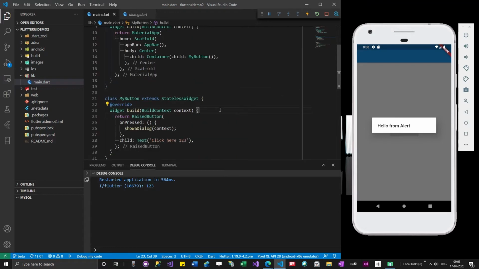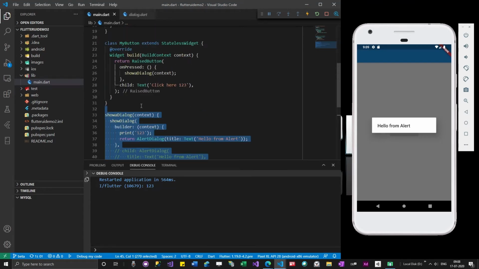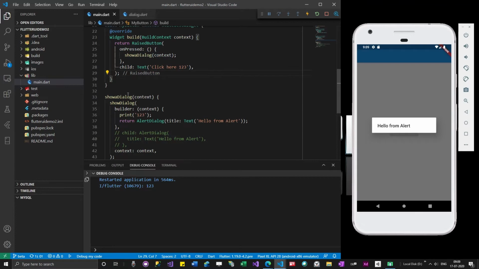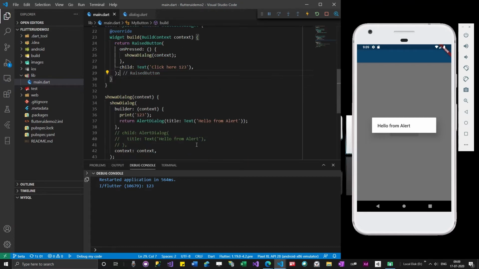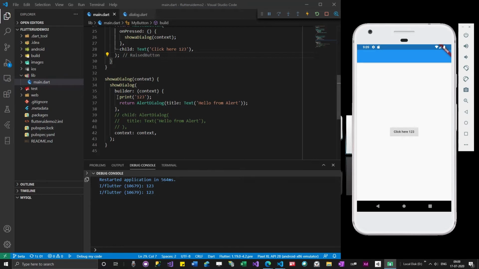Clear guys? I understand that calling this type of function and fixing the hierarchical issues is the first time for you guys. That's why I have kept this example as the last part of this class. Anyways, showing alert dialogs is important stuff, right? You can see it is working fine, and even the print statement is being called.